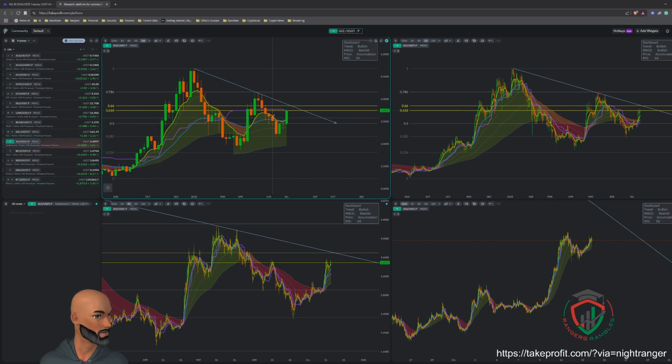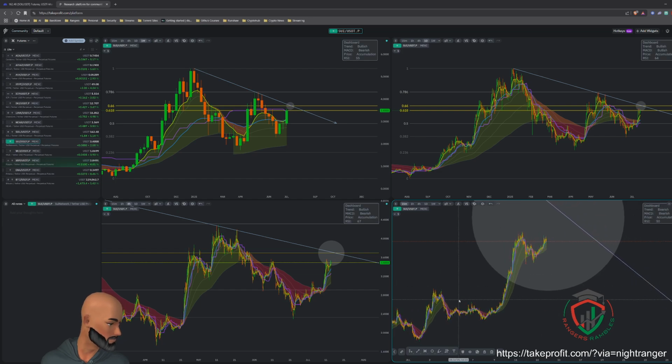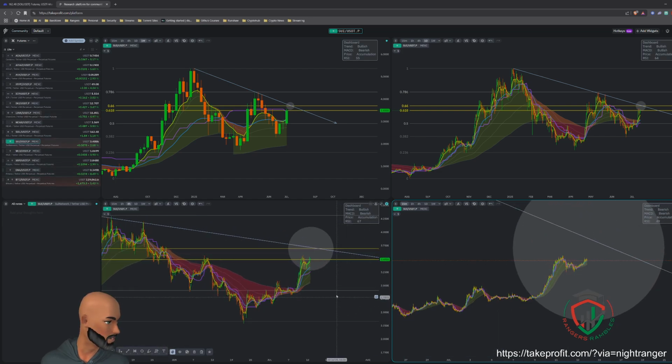This is your pivot point right here. Can't get it perfect because it's on the weekly. It wants to show on the